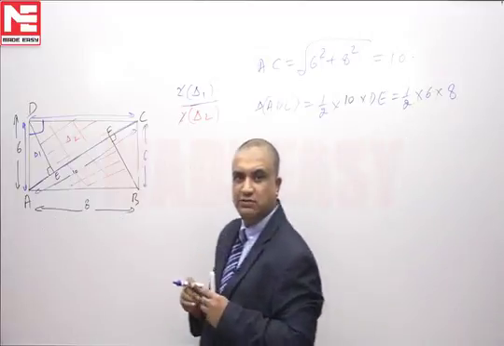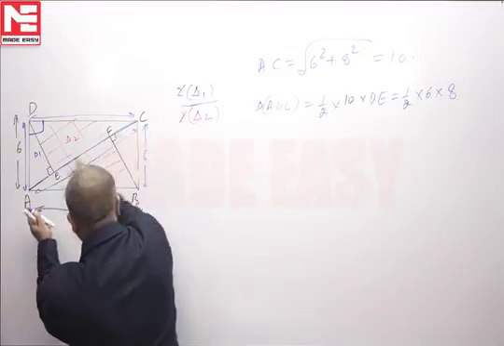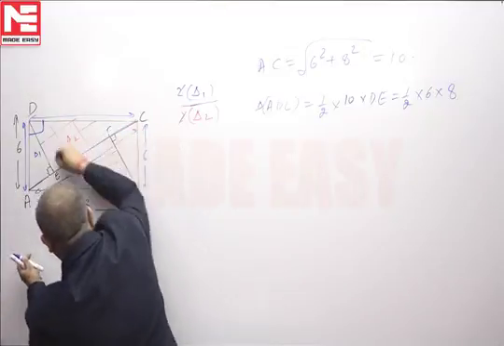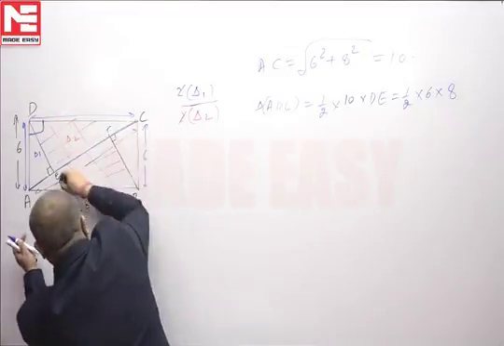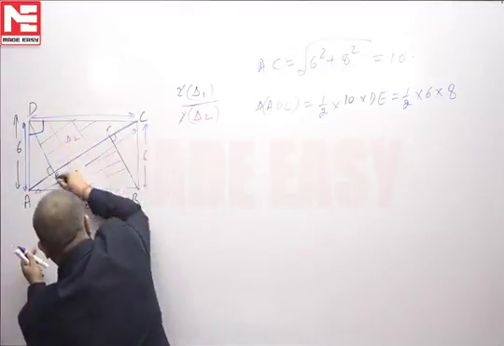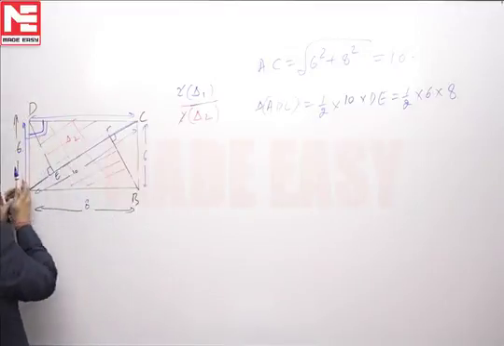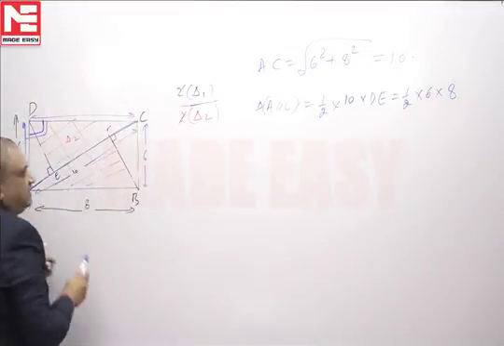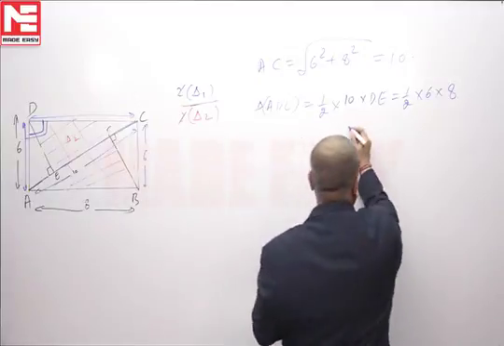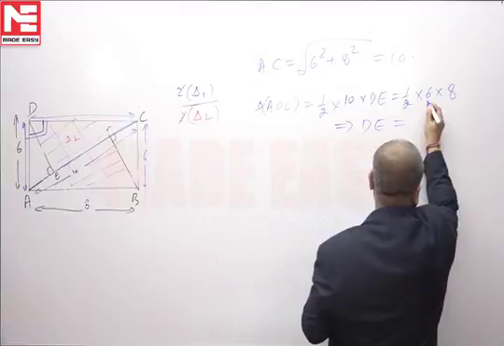I hope the point is being understood. Half base into height is the area, and for the right angle, half base into height is the area. So one thing to be sure about: the value of DE is to be equal to